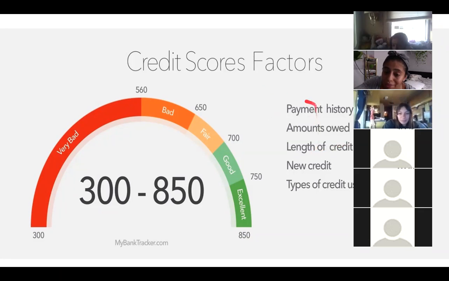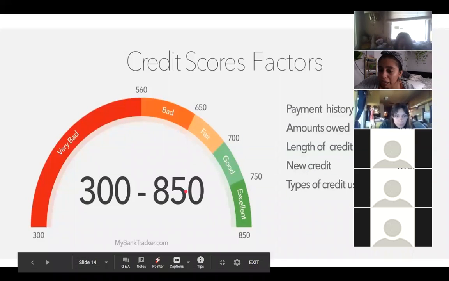Okay. The second thing that plays a factor into your credit score is the amount of money you owe. So if you owe $100,000, your score is not that high, because you owe so much money, you have so much debt. But if you owe, I don't know, $2,000 and you have a good job, because that's how they measure it, then you're good. You're in a pretty good range. Okay, I'm gonna stop right there. When we come back on Thursday, I'm gonna explain the other factors and what it means to have a credit.